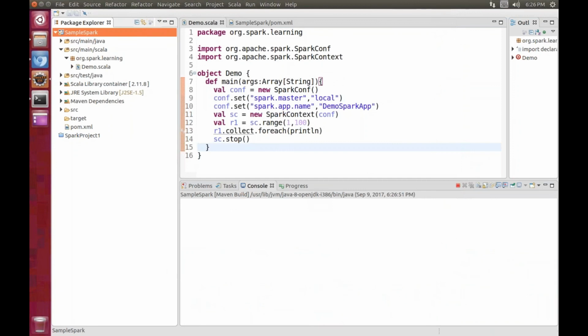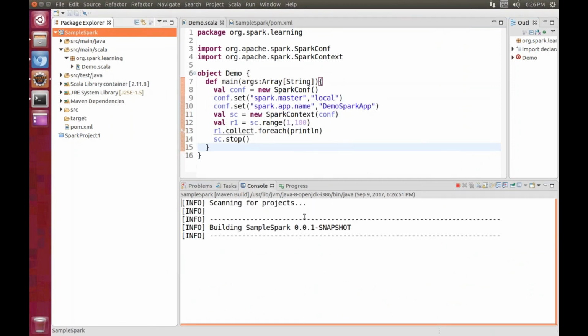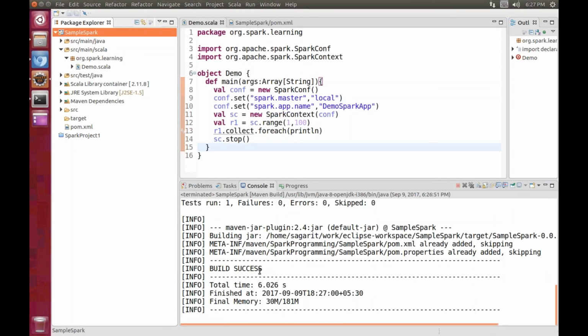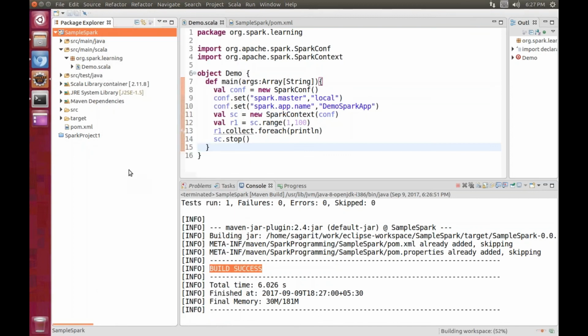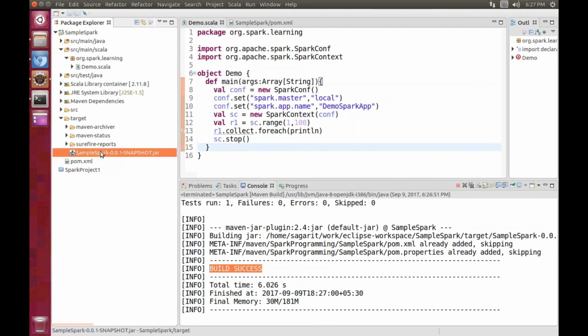So this is going to create a jar file. The process will be shown here. When the build is a success, the jar file will be created. So it is showing the build is success now. Where will the jar file be created? The jar file will be created under the target folder. But we could not see anything under the target folder, right? If you want to see the changes, right click on the project and click Refresh. Once you refresh the project, you see the arrow mark here. Just unfold it. Now we have this jar file here. So this is how we create a jar file.